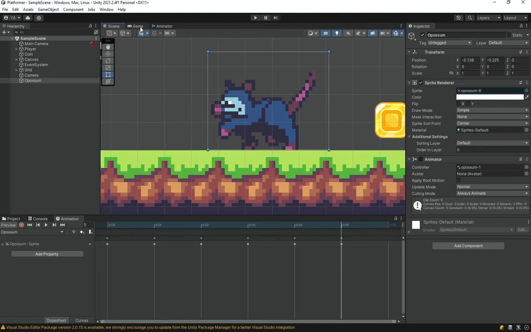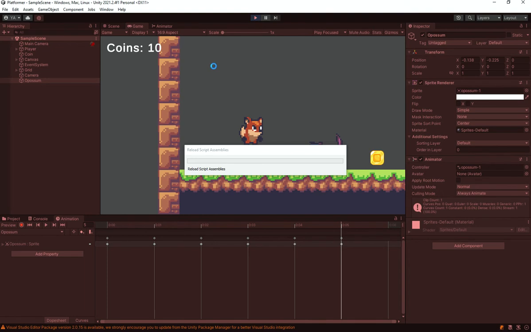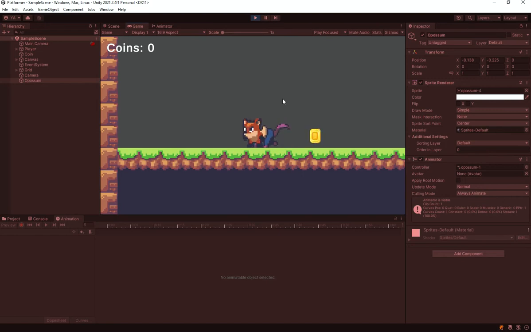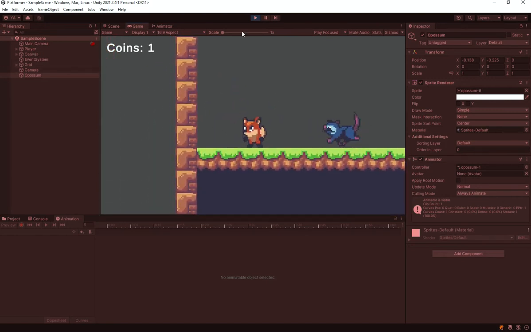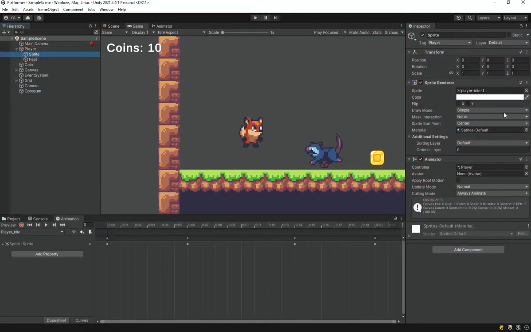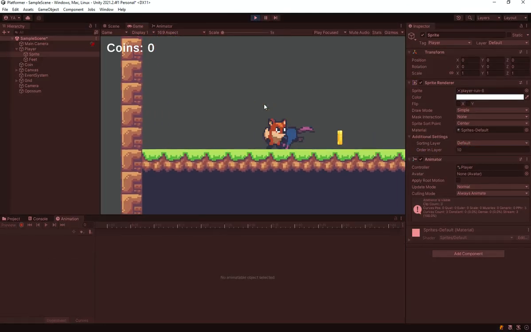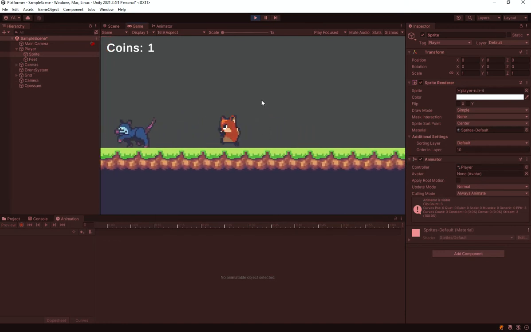So you can see that I can basically play the game, and the opossum should be there, and it should be all right. But of course I can currently just pass through him, and sometimes he is on top of me, sometimes he is not. What I'm actually going to do is I want the player to always be the thing on top. So I'm just going to select the player and make its order in layer something like 10 to make sure that it's always on top of everything else. So it's now on top of that opossum. Even though we are of course going to add in a